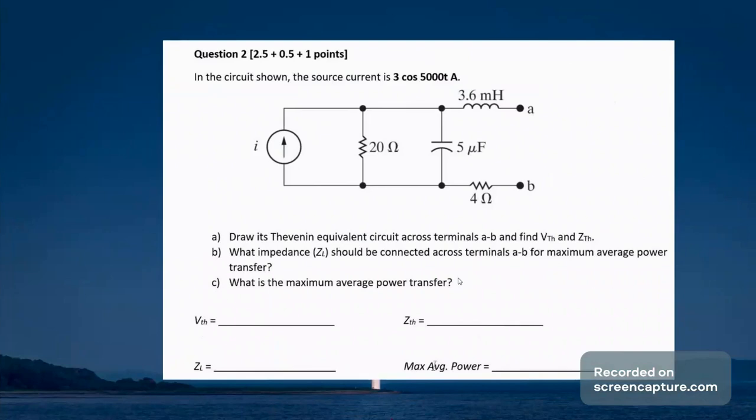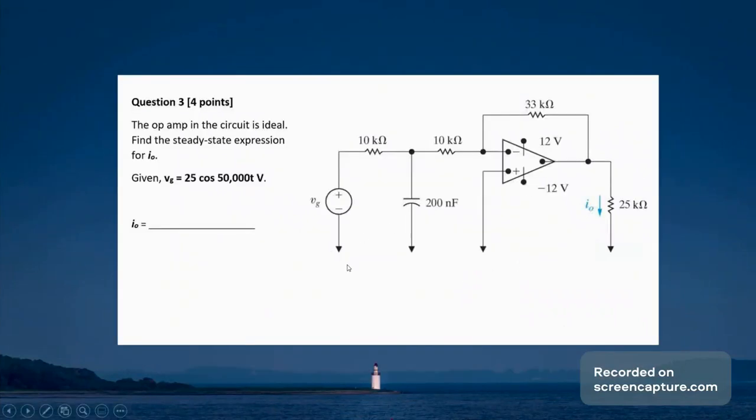Moving on to problem 3. This one is asking for the output current of this operational amplifier. So let's go and think about this real quick. We know that this current is going to be the same as this current through the 33 kilo ohm resistor